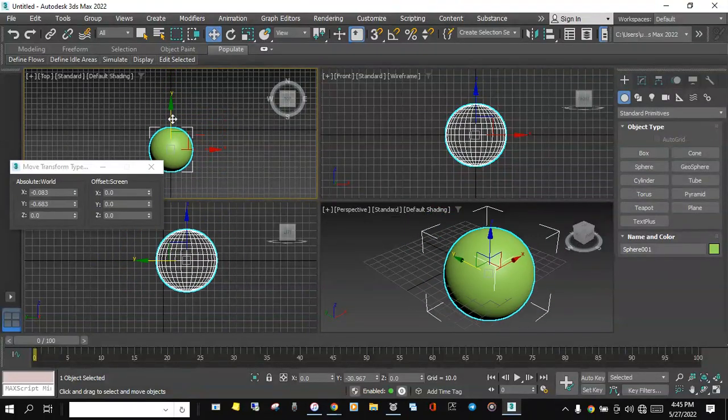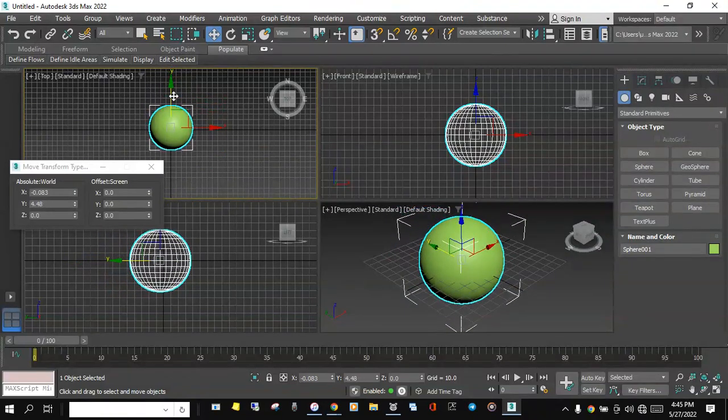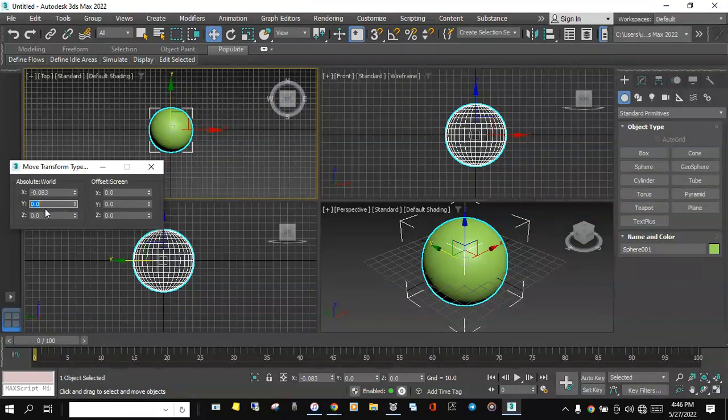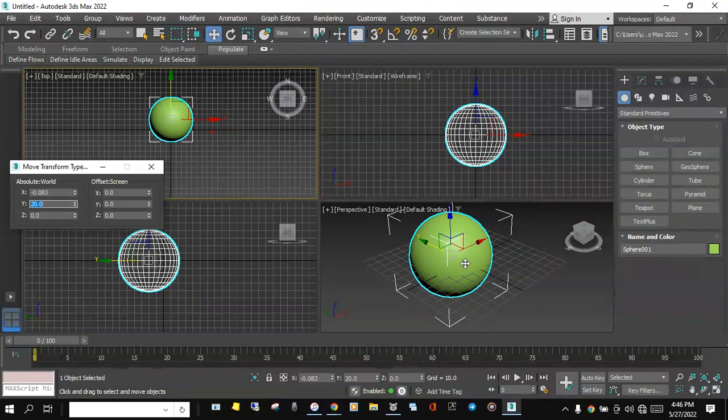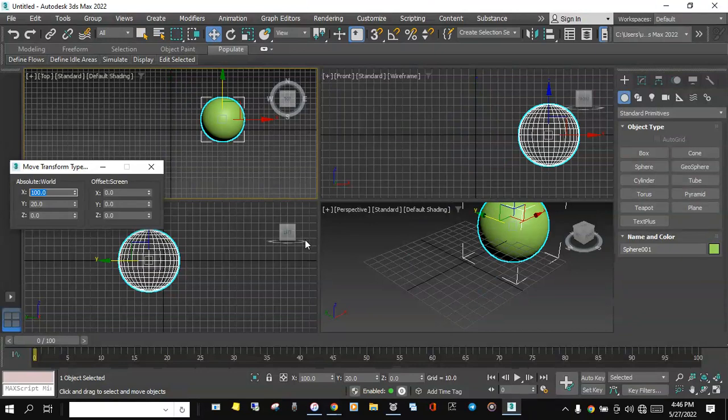So let's say I want to move this to, let's say, 20, or let me just put it on 0. Putting it on 0 puts me right at the middle. If I offset it to 20, it would also do the same on a perspective view, showing that whatever I'm doing right here will affect every other part. So let's move this 100 something less,